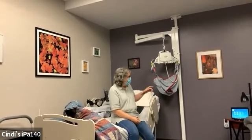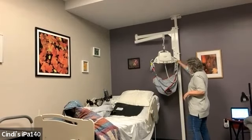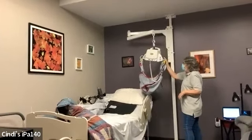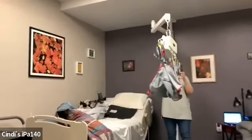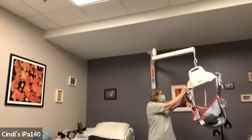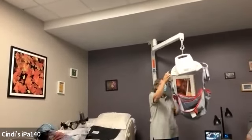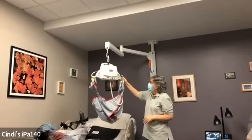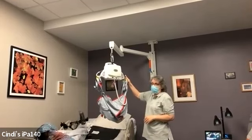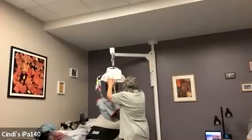So the showpiece of this room is actually this lift. It's very similar in concept to the one that you saw at the beginning, but this is called an orbit lift. And this lift has an arm that can rotate 360 degrees. We just happen to have a need to mount it against the wall, so it can only do 180. But this lift